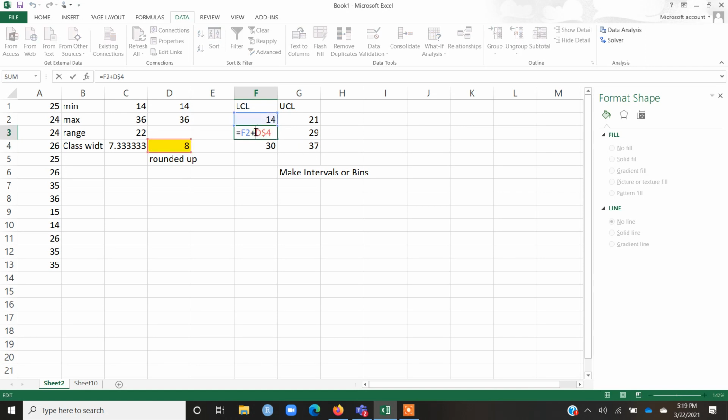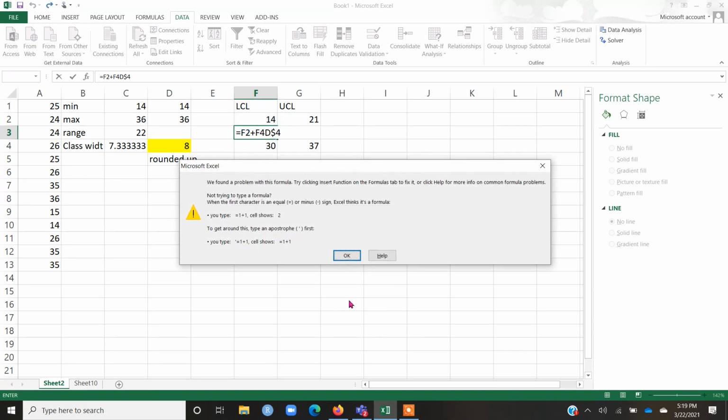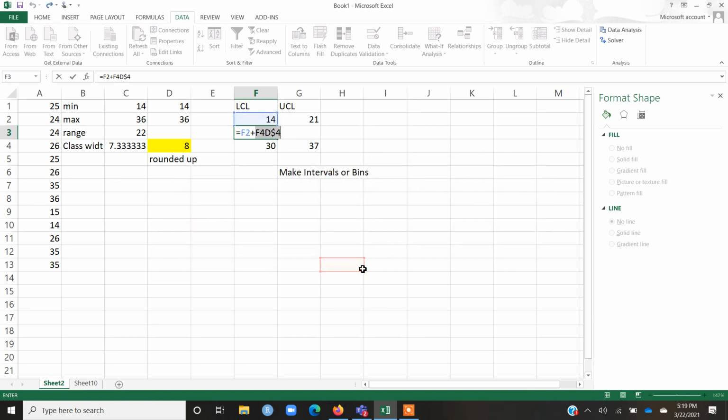You can copy this and paste in the next cell. That's just an error. Anyhow, I have to select the previous cell plus this cell with a $ sign. And then next I can copy this and paste in the next cell, which I have already done for you.